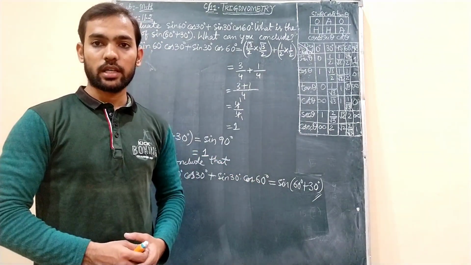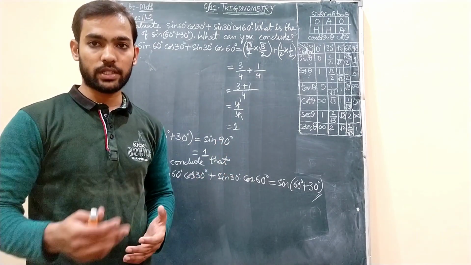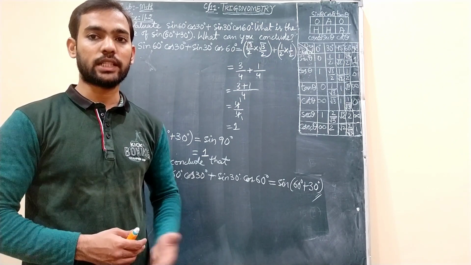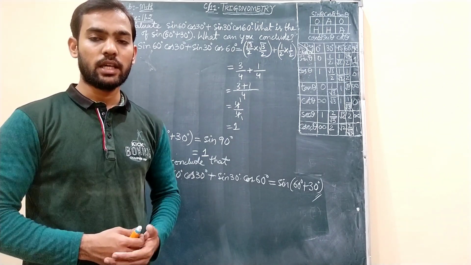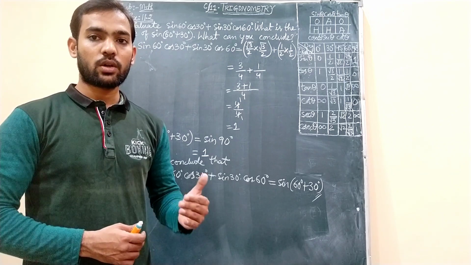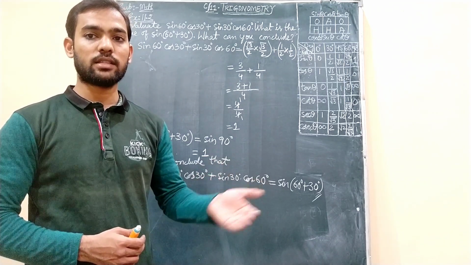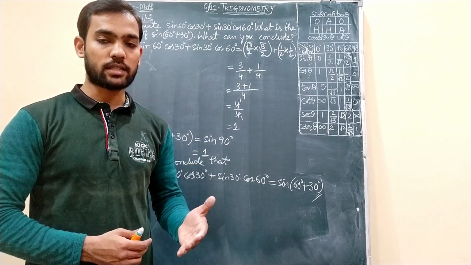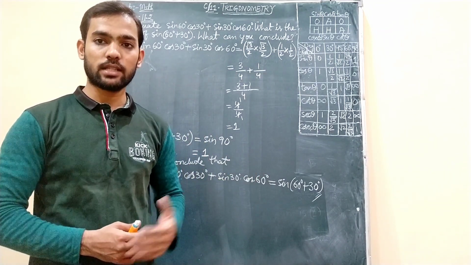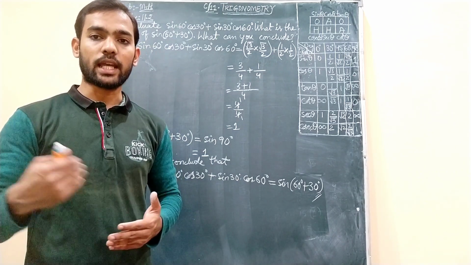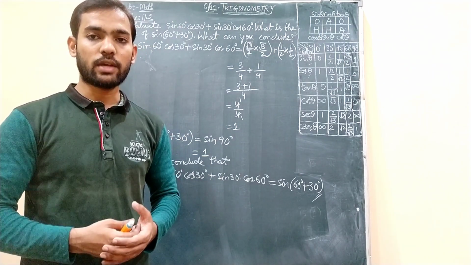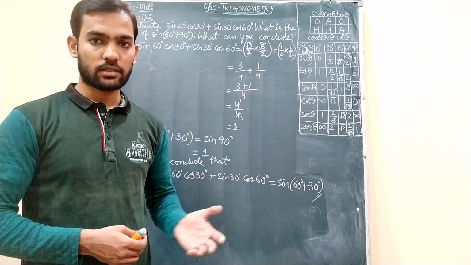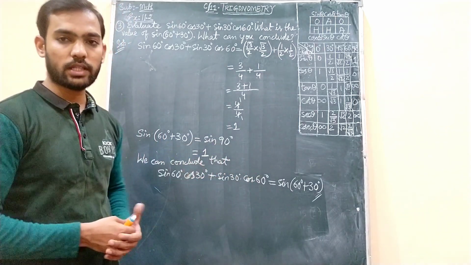Similarly, question number 4 is similar to this type only, that you need to do in your homework notebook. The question is, is it right to say, which means is it correct to say that cos of 60 degree plus 30 degree equals cos 60 cos 30 minus sin 60 sin 30, he has asked. So first of all you do LHS, then you do RHS. If you get both the same answers, then you can say yes, it is right to say. Suppose if you get LHS and RHS answers different, then you have to say that it is not right to say that this equals that. Okay, similar to this only that you need to do.